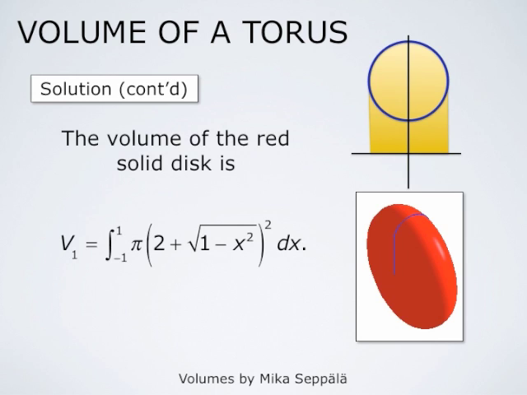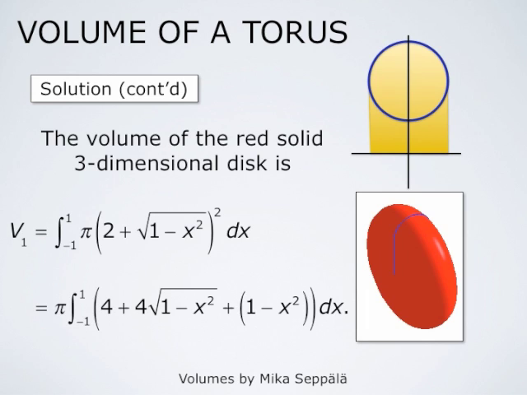And by the formula that we have just developed, the volume of this three-dimensional red solid disk is the integral from -1 to 1 of pi times 2 plus square root of 1 minus x squared, squared, dx. This, of course, can also be written as pi times the integral from -1 to 1. So this pi comes out of integration, and then we expand 2 plus square root 1 minus x squared, that's squared. When we expand that, we get 4 plus 2 times 2 times square root of 1 minus